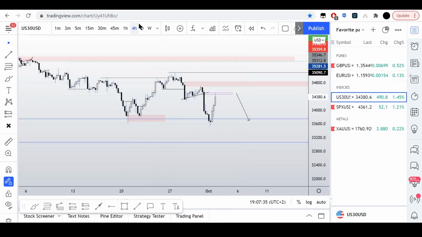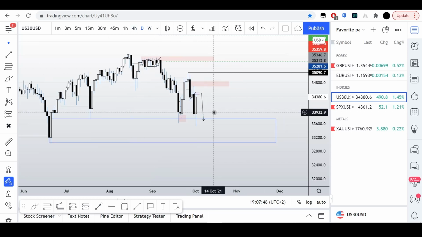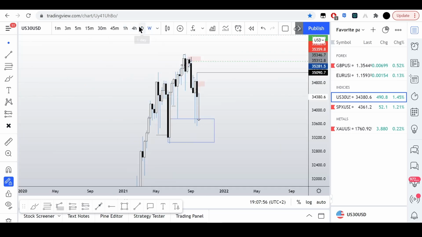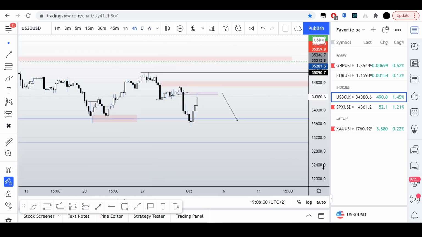I don't know. Since we came from this daily order block again and we ran this low, what price could do is start going back up again. And as you can see, this high that created this low right here, which it really failed to create a lower low on a daily perspective. So what it might do is come up to a higher premium and maybe run this high and even come higher. You know what I mean? Even come higher. You know what I'm saying? So I am still kind of bullish on